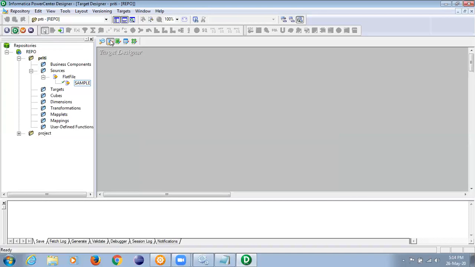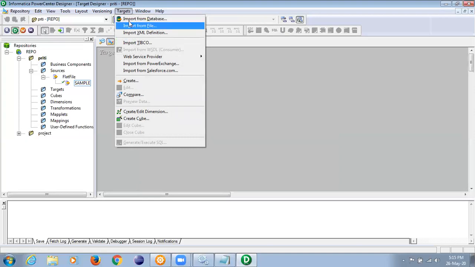So targets. Can you now import anything? In our case, the expected output file is defined by the client, but it's not given, right?